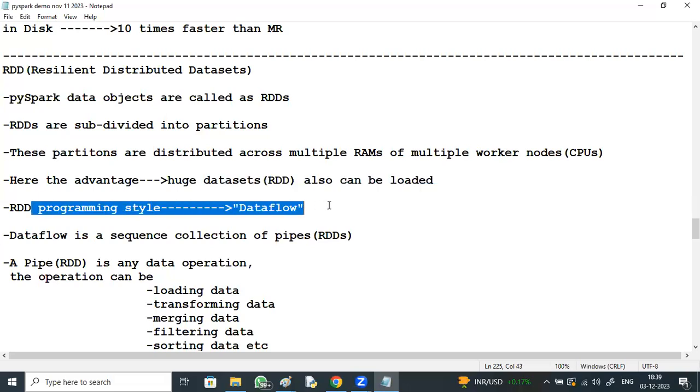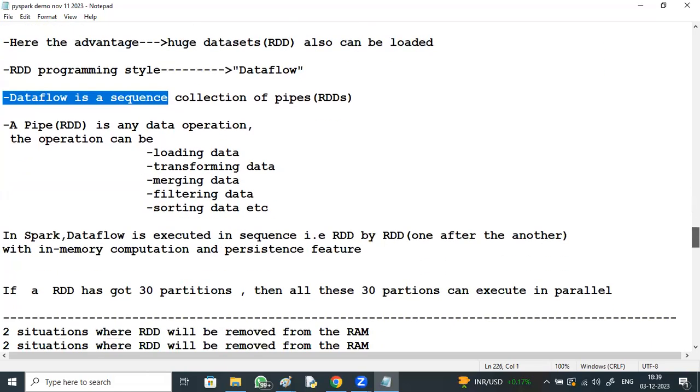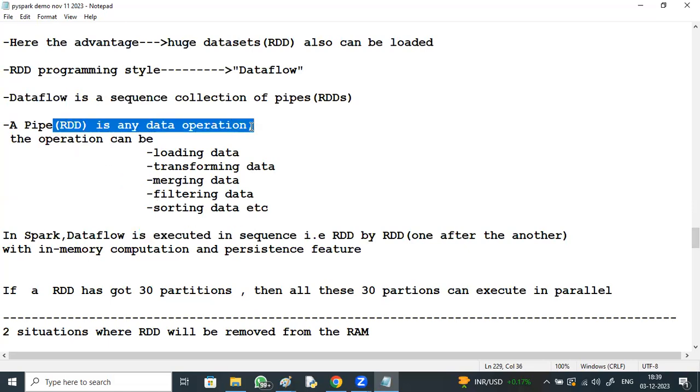RDD programming style is data flow. Data flow is a sequence or collection of pipes. In Spark, data flow is executed. See, a pipe is any data operation. Data operation means loading data, transforming data, merging data, filtering data, and sorting data. Data flow is executed in sequence, RDD by RDD, one after the other, right? In memory.